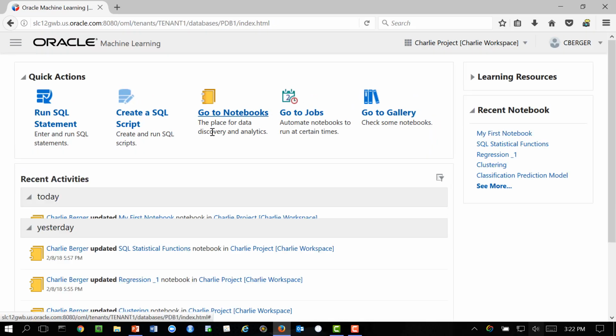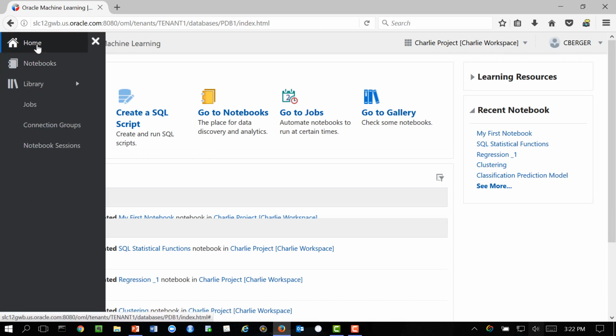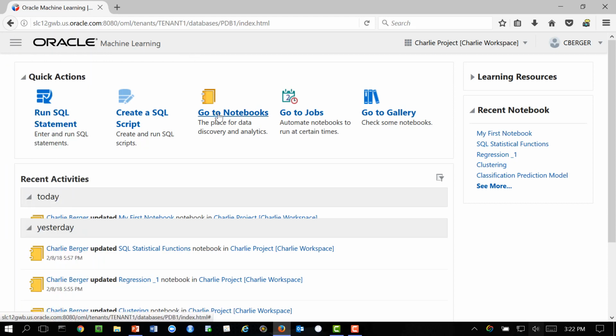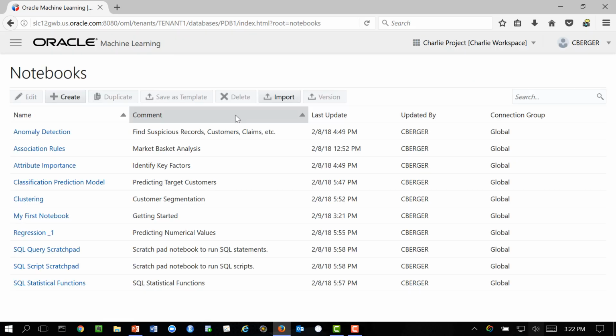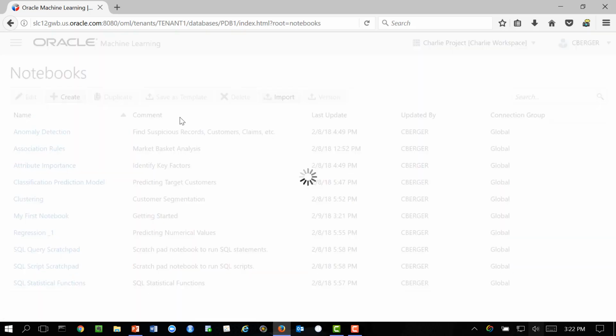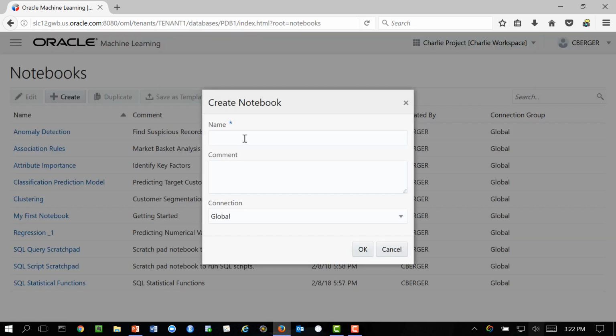So there are my notebooks. There are my past jobs. I can come over here and look at home. I can look at notebooks. I can look at jobs, connection groups. So these are all different parts of the product. I'm going to go to the notebooks themselves, and I'm going to say, well, let's create a new notebook just for fun, and we'll call this the fun notebook, just for fun. I'm going to just say OK,